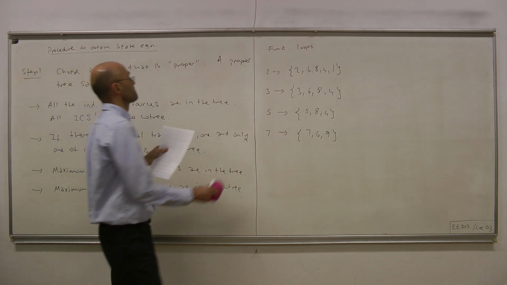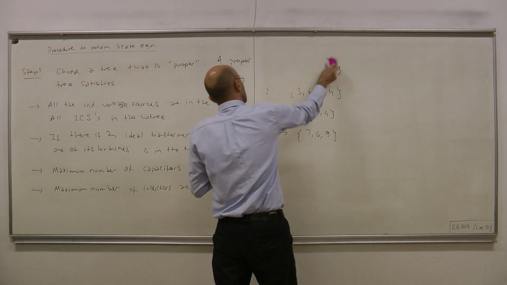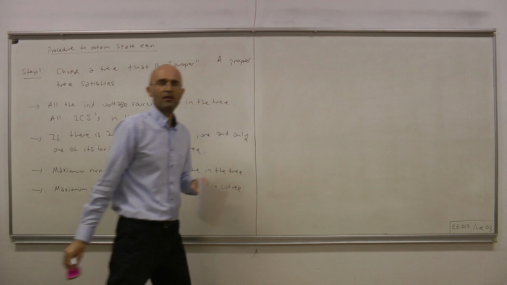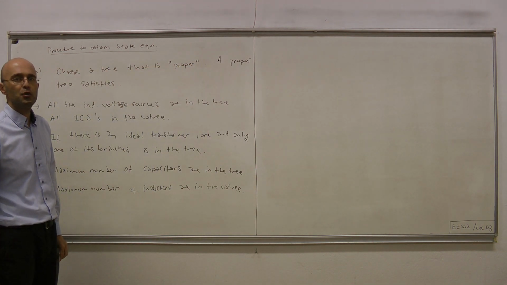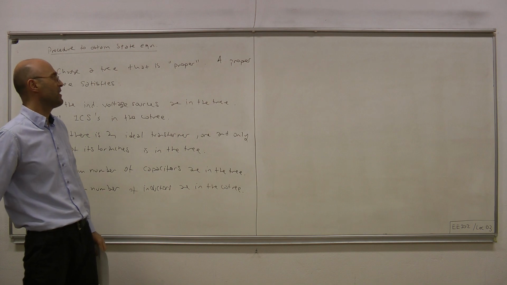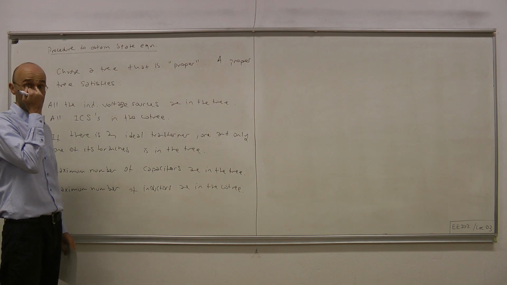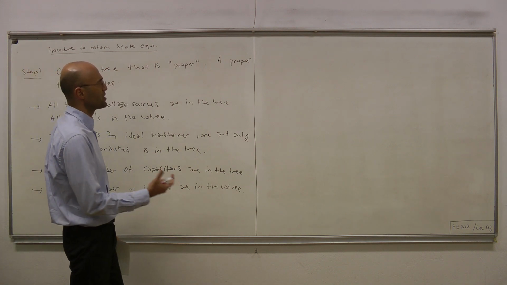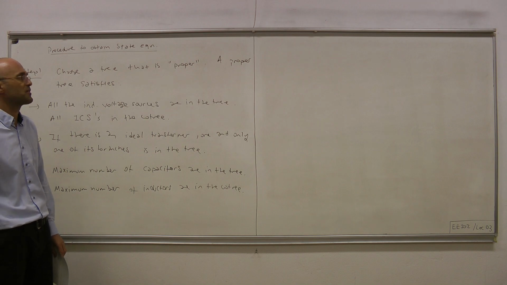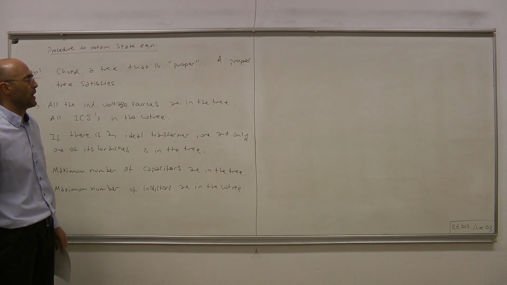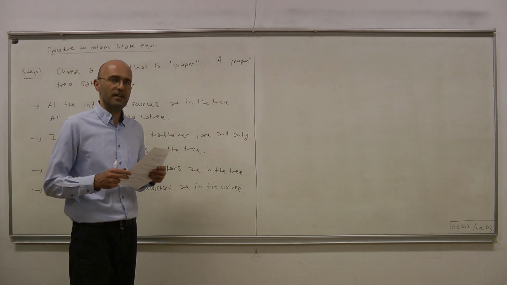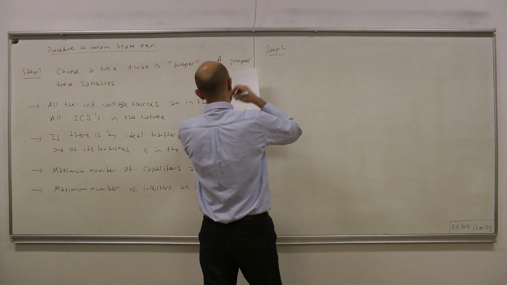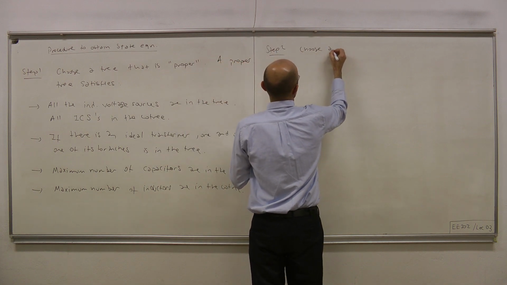So having chosen our tree will help us in two things. First, we will be able to properly choose a state vector, and then having chosen our state vector, again using our tree, or more precisely speaking, using fundamental loops and fundamental cutsets, we will be able to write the individual state equations. So step 2 is choose a state vector